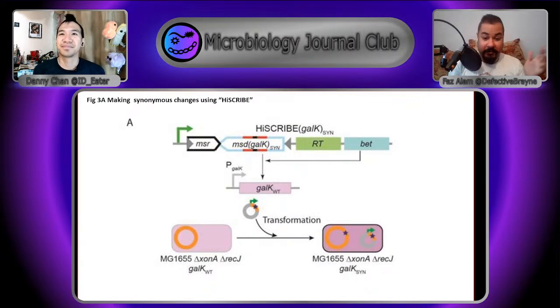For those of you at home who don't know what synonymous changes are, they're changes to the genome that don't change the actual output, the phenotype. For lots of different proteins, there are multiple different sequences that code for the same protein, just switching in and out between them. And so you wouldn't actually be able to